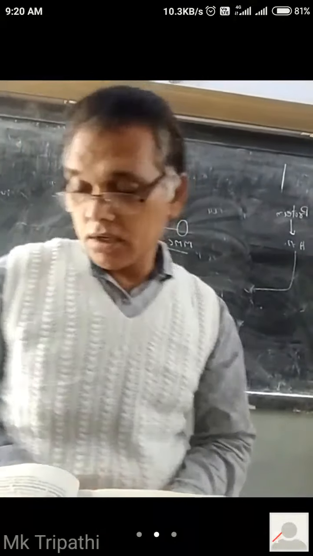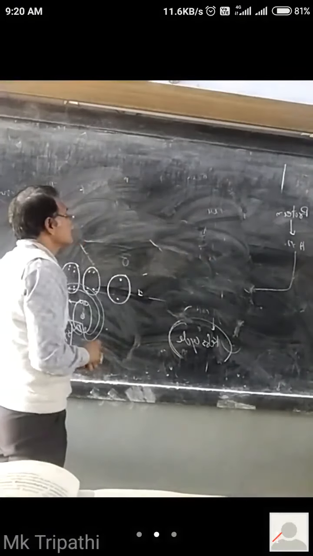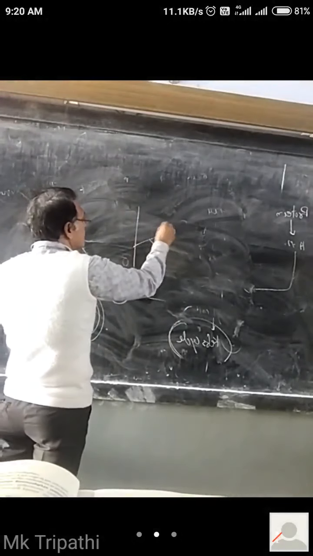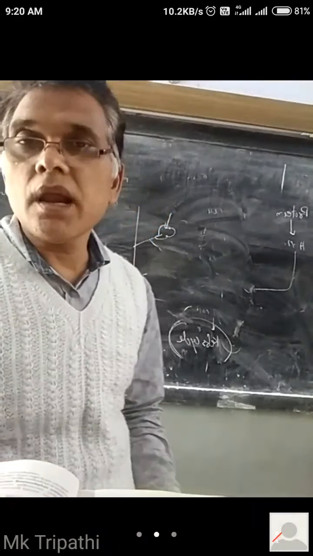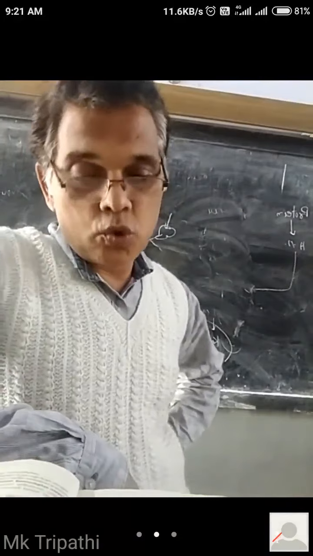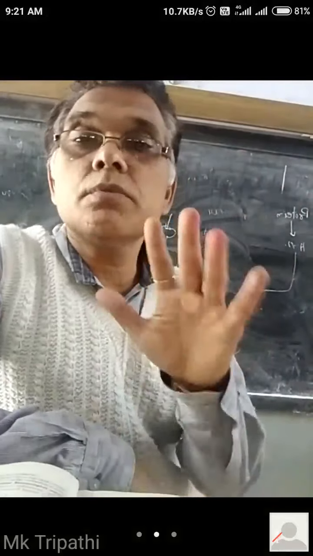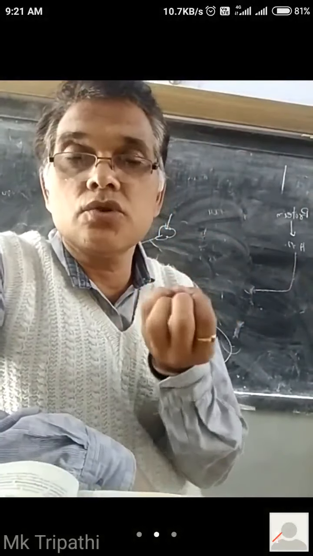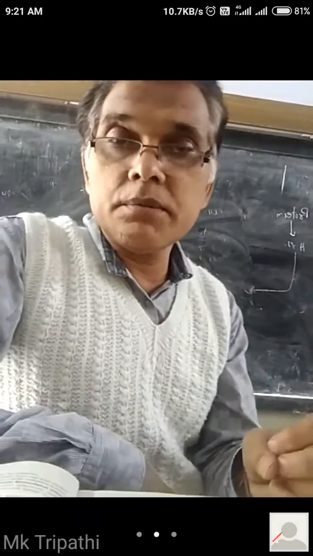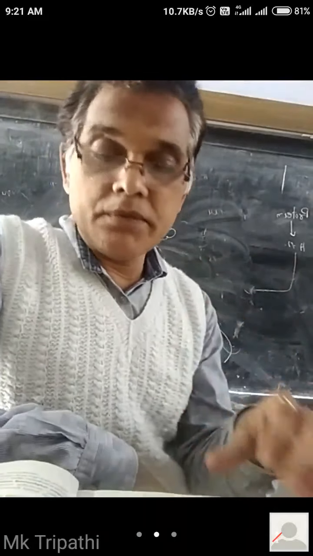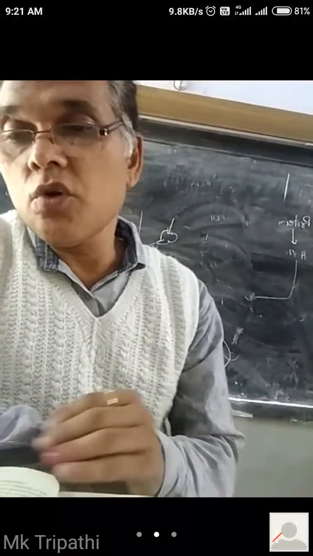Autogamy means pollination occurs in the same flower. Suppose this is the flower and pollination occurs in the same flower, pollen grain to the same flower's stigma. That is autogamy. Some adaptations are required for autogamy, that is a cleistogamous flower, meaning a closed flower, cleistogamy. Homogamy is required, meaning both the male and female parts mature at the same time. Cleistogamy and homogamy are required for autogamy.